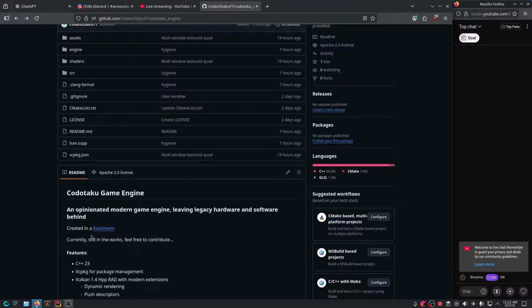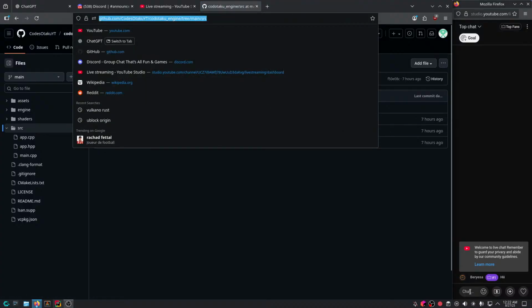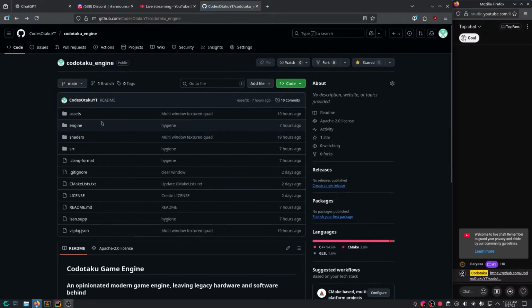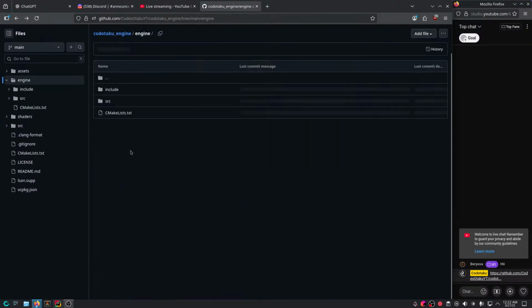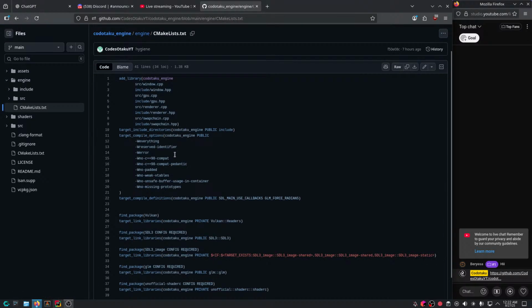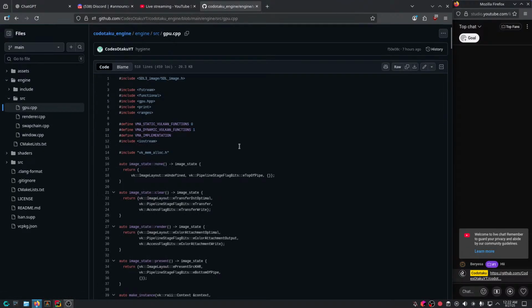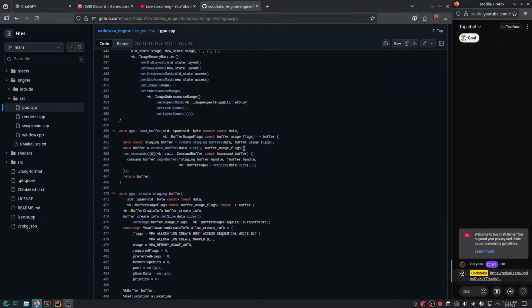But either way, we're done here. So this is the code. You can find it on GitHub, and there is an application here, as you can see, and then there's the engine code right here. Of course, it's using CMake and vcpkg and so on. It has all the freaking flags of Clang, which is pretty cool. Let's say, for example, GPU.cpp. A lot of the code is right in this file. If you really want that, you can check it out.